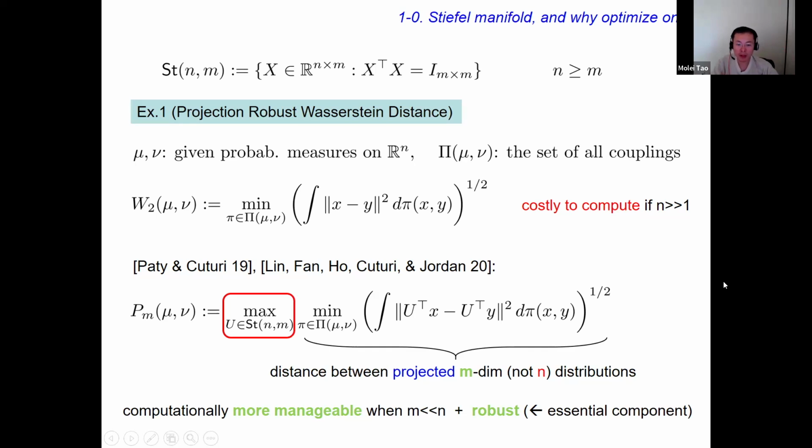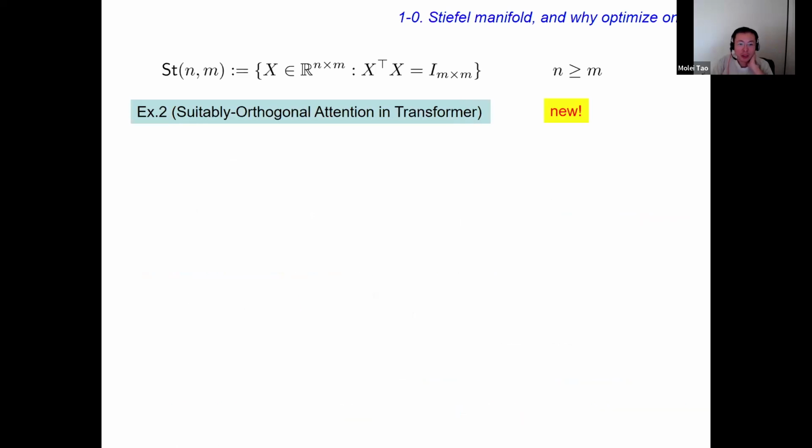But in terms of the optimization problem per se, you still have to optimize over the Stiefel manifold, and you have to do it exactly. It's a bi-level optimization problem. The function you're really trying to optimize over the Stiefel manifold is the solution to this inner minimization problem. So it's a rather complicated function, so you can actually have very non-trivial situations in which you want to do this optimization.